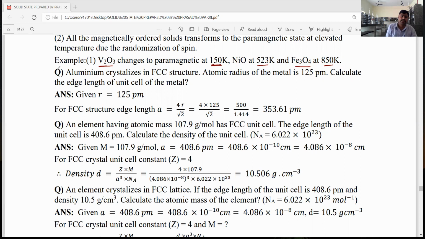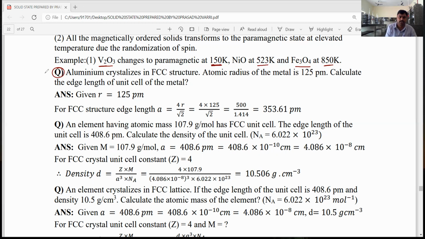Okay, let's see, dear students, some important problems related to solid state. Already I said what kind of problems they mainly ask, either in a simple cubic crystal system, or body centered or face centered. Density calculations, density related problems, and radius and edge length relation problems are very, very important.